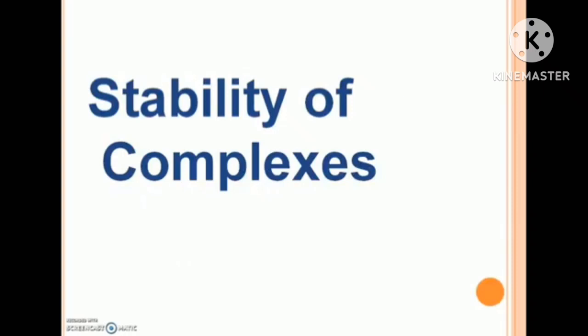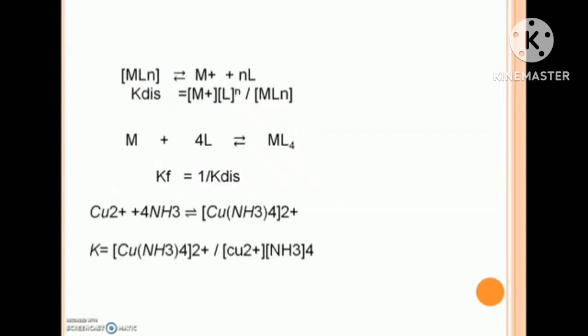All. Today's topic is stability of complexes. We know that most of the complex ions are stable. However, they dissociate to a slight extent. For example, a general example: if a complex MLn dissociates into M+ and nL,